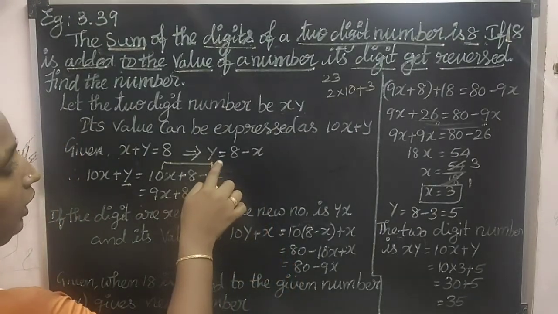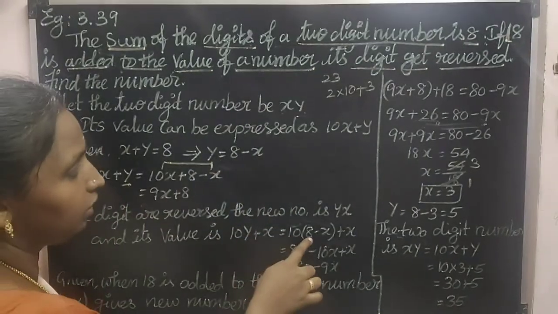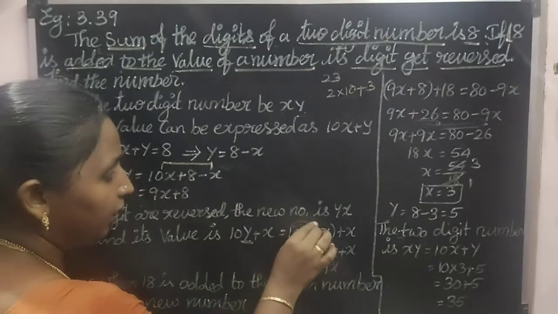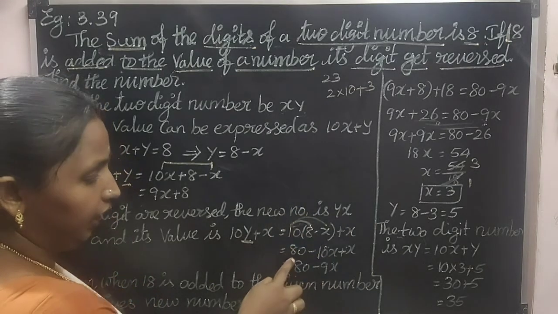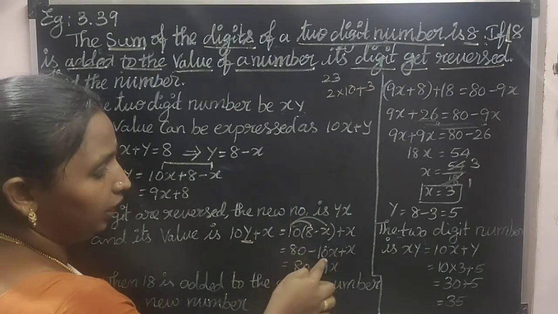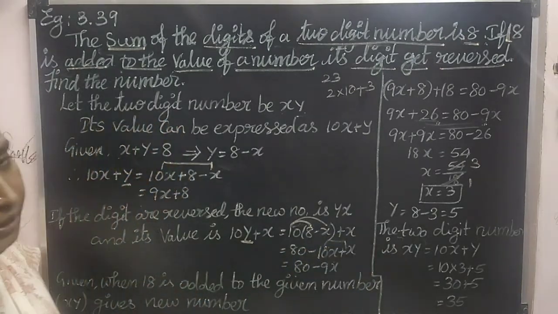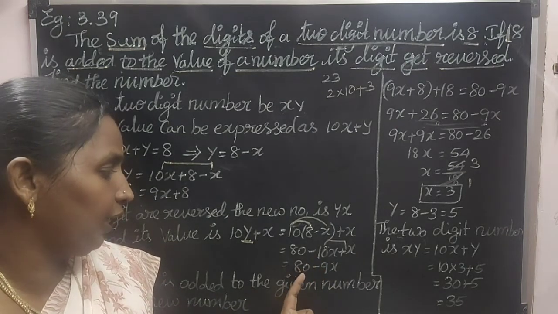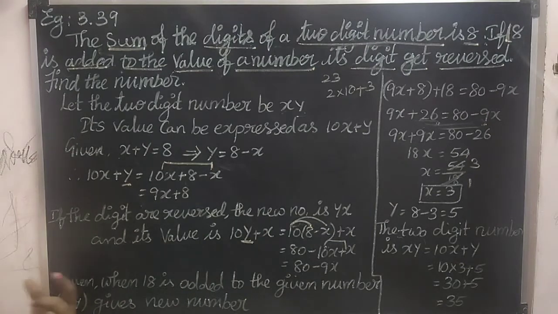So already we have one expression, y equal to 8 minus x. So instead of y, we are going to substitute 8 minus x. In the y place, substitute 8 minus x, and here plus x right as it is. So 10 into 8, 80, minus 10 into x, 10x, plus x. Here observe, minus 10x plus x. Both are like terms. Unlike signs, subtract, take the bigger number. So you will get 80 minus 9x. Did you understand this?